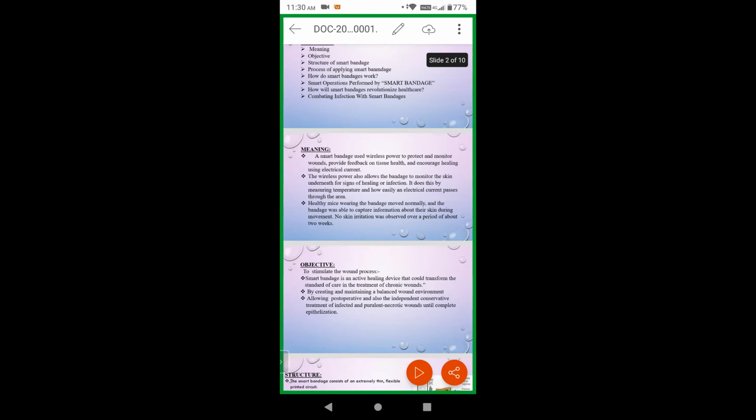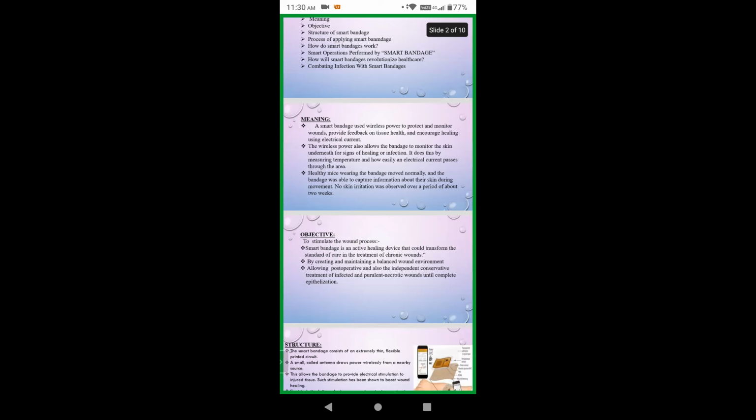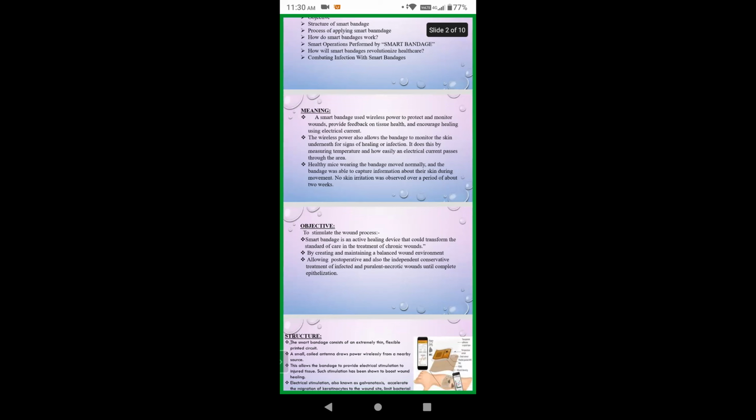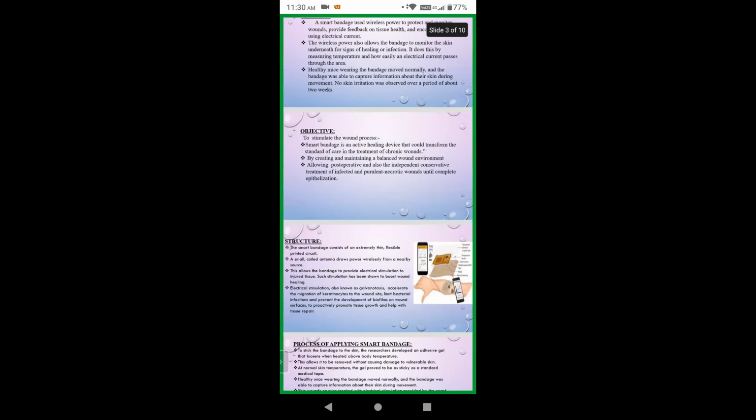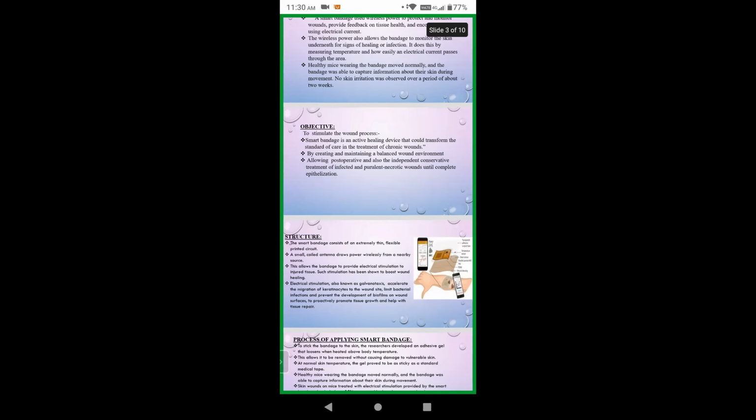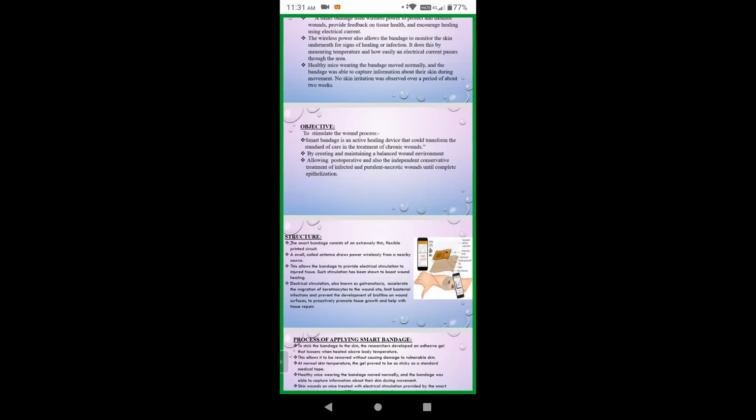The main objective of smart bandage technology is creating and maintaining a balanced wound environment. Let's see about the structure of smart bandage. The structure of smart bandages is made up of three components: provide electric stimulation to injured tissue, which helps boost wound healing. Electric stimulation helps